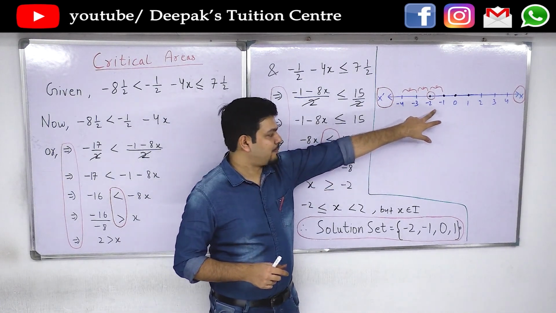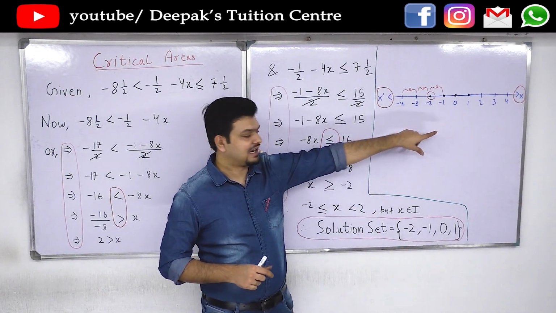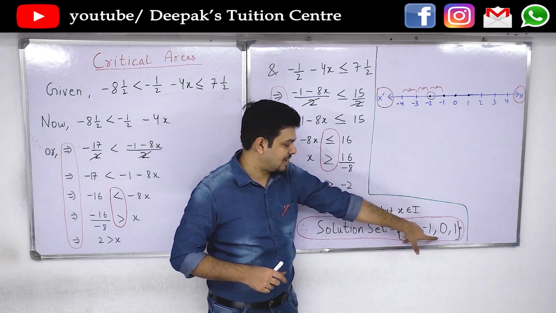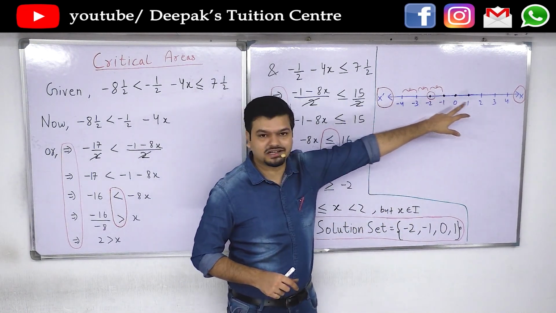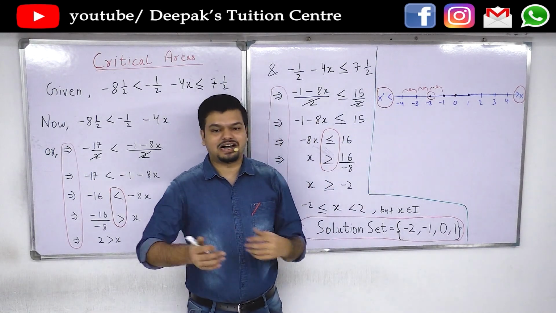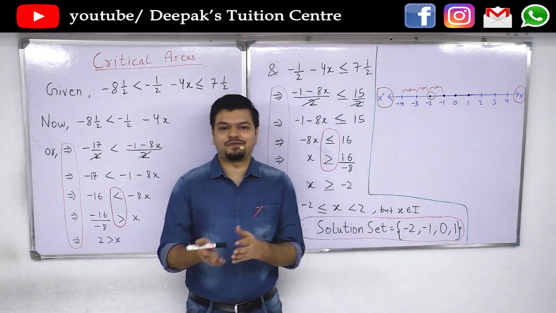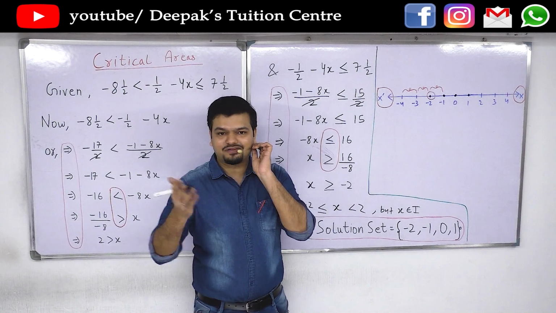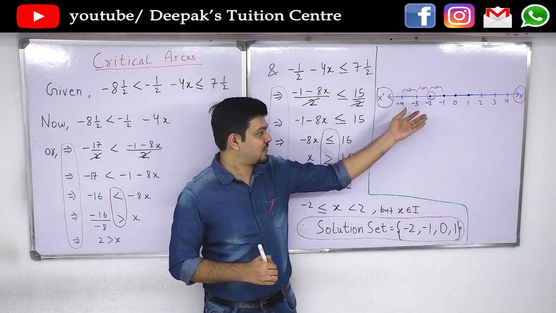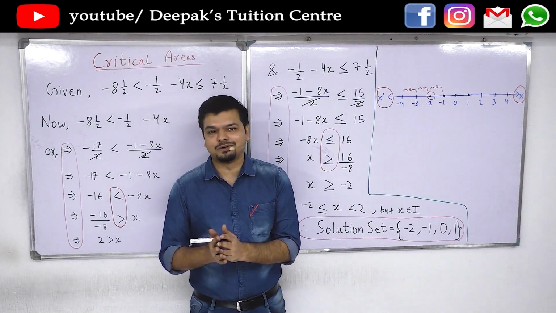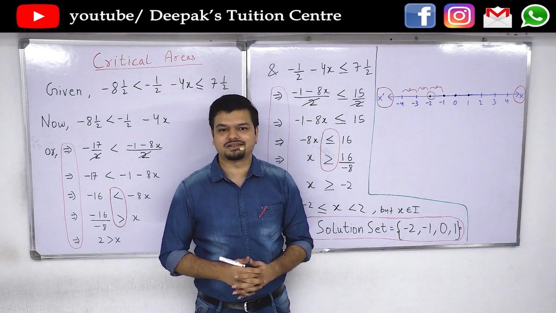And third, the points that you want to represent, in this case -2, -1, 0, 1, should be properly visible, like those dark circles. And in further sums for real numbers, we will have to shade an area. So the shading should be properly visible. If you do not follow these steps, you can lose quite a lot of marks in this portion.